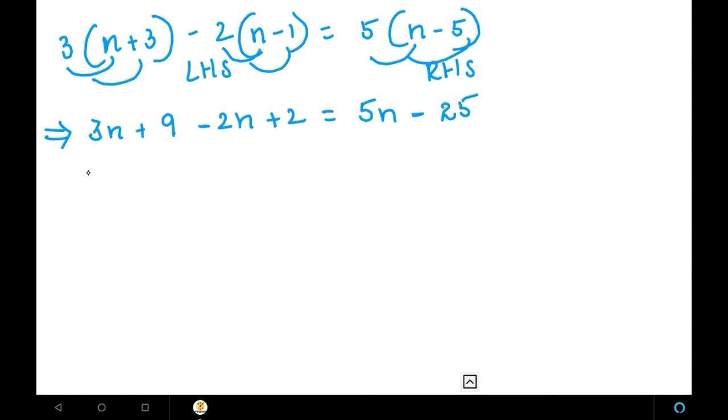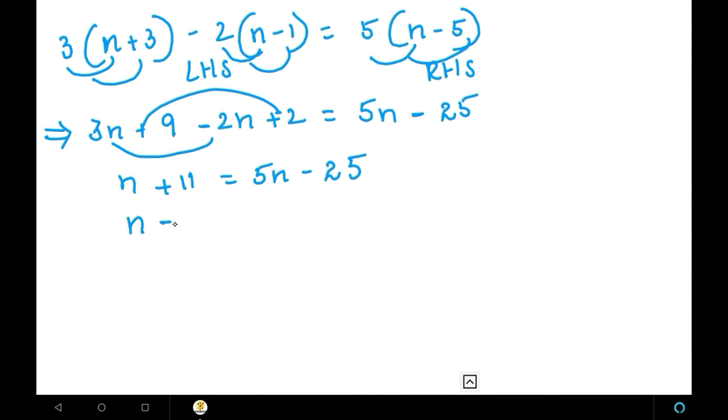Let's simplify this further. 3n minus 2n gives me n, plus 9 plus 2 gives me plus 11, equal to 5n minus 25. Now in RHS it is plus 5n. When it comes to LHS it will become minus 5n. So n minus 5n equal to,